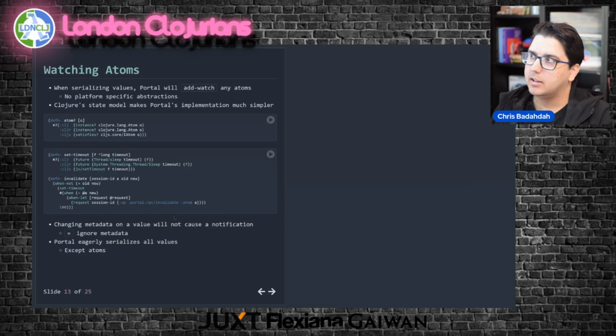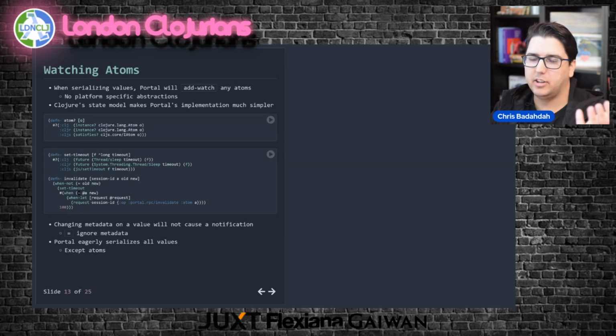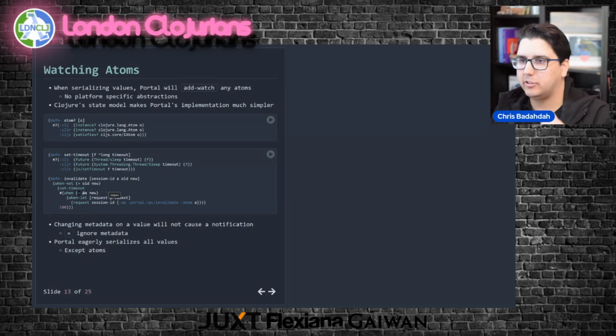So it's kind of like, it doesn't care, which is awesome. But there are some implications. Like I mentioned, metadata was a way to configure things previously. The issue with that is that when you update data and you only update the metadata, it won't trigger this code. So if you're trying to change the metadata of your value, and you're wondering why isn't Portal updating, it's because it's using equality to prevent sending the same update twice to the client. So yeah, this is kind of the nuts and bolts of how the Portal inspector looks at your atoms. And everything else is just data that gets serialized and sent to the client.